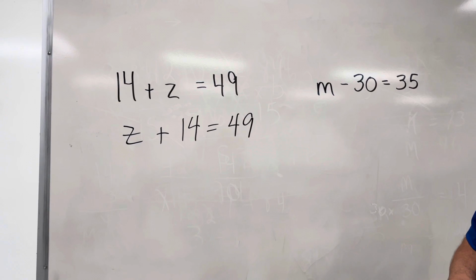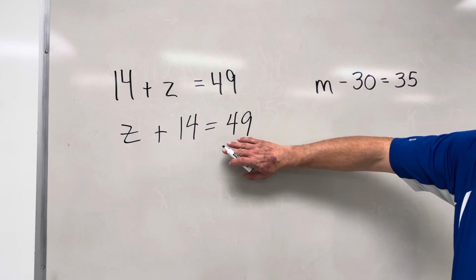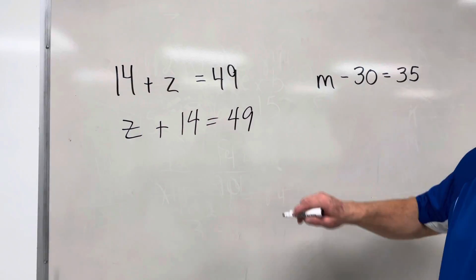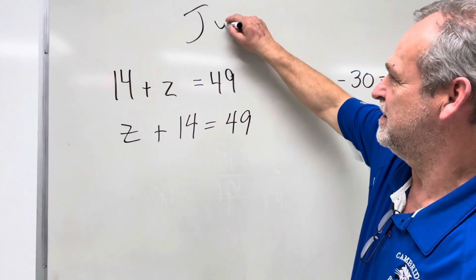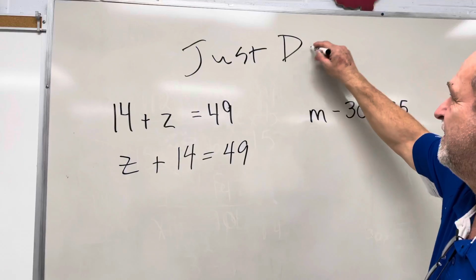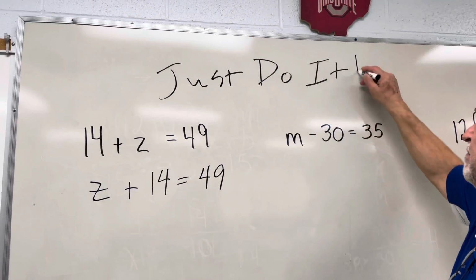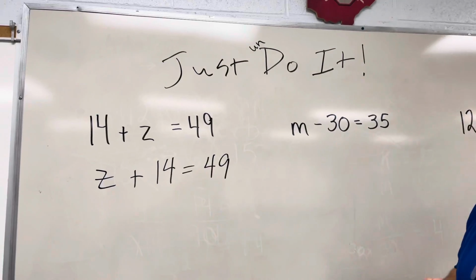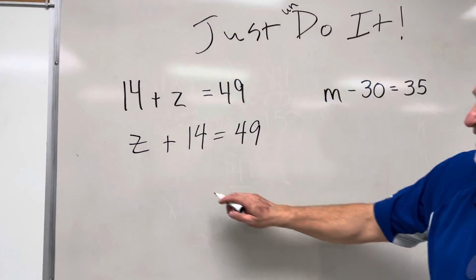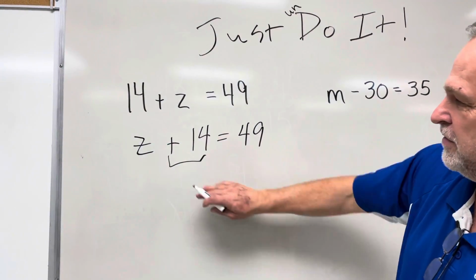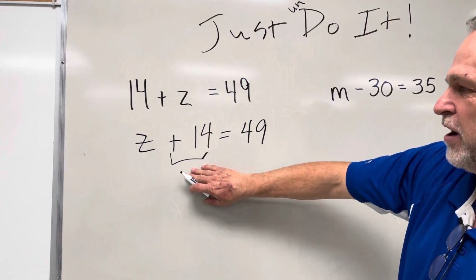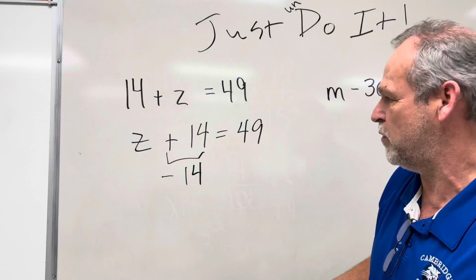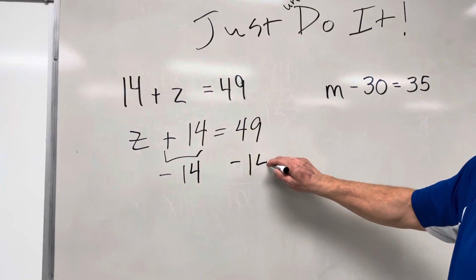Okay, this is an addition equation. So I like to tell my students that we need to do the anti-Nike slogan. Okay, Nike slogan says to just do it. But with equations, you want to undo it. So we must undo the addition. So instead of adding 14, we will subtract 14. So we subtract 14 from the left-hand side of the equation, and we subtract 14 from the right side of